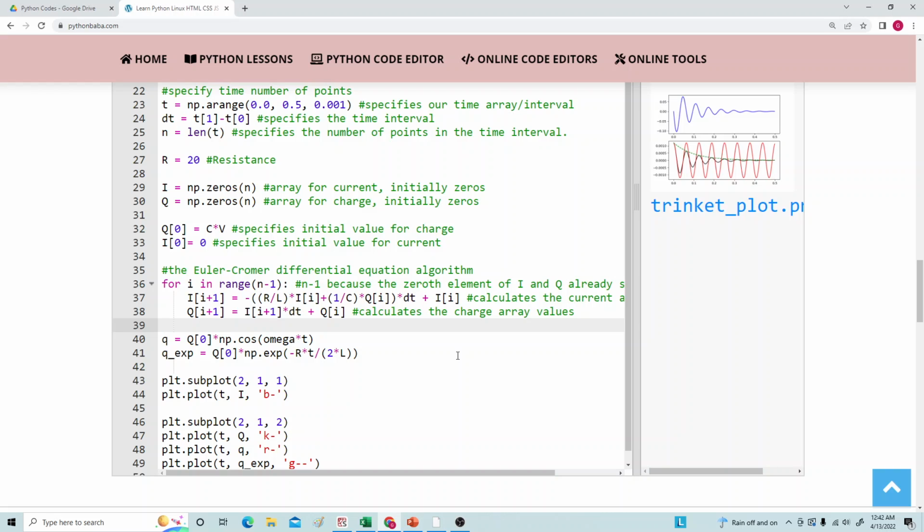Okay. And especially when you get into second order differential equations, the Euler-Cromer is usually by far better than the Euler method. Now, there are more sophisticated algorithms than this, right? I cannot specify that enough. And I'll actually show you guys how to do some Runge-Kutta algorithms at some point. But if you just need a quick solution that's still very accurate, in most cases, especially with judiciously chosen input values and time intervals, this is a relatively quick and easy way